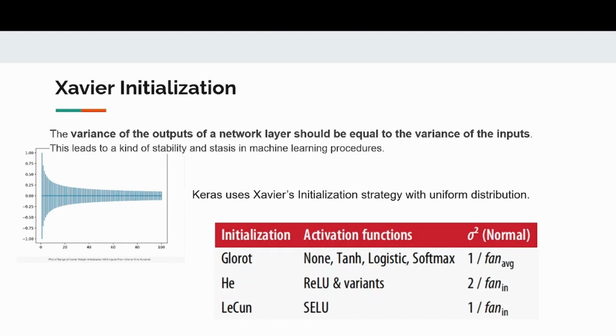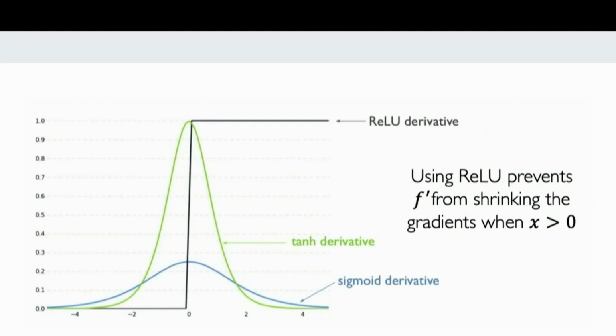In the initialization of our neural networks, this step can help us eliminate the vanishing gradient problem. Specifically, one option is the Xavier initialization. The Xavier initialization specifies that the variance of the outputs of a network layer should be equal to the variance of the inputs. There are different Xavier initializations based on the activation function, but the purpose of this initialization step is to center our values around 0 and, more importantly, close to 0. As we can see in our derivative graph, the values of x closest to 0 provide the maximum value, such as sigmoid's derivative maximum of 0.25 and tanh's derivative of around 1.